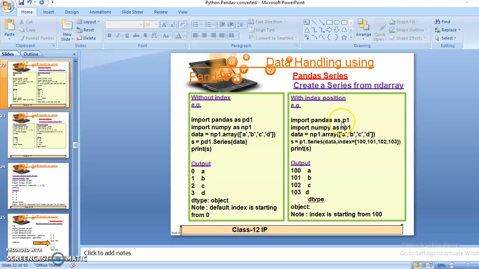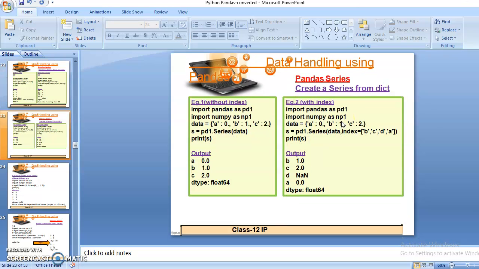Okay, now after that we will discuss how to create a series from a dict. In the last programs we created the series by using the array function, and now I am creating the series in pandas by using a dict, meaning the dictionary concept.